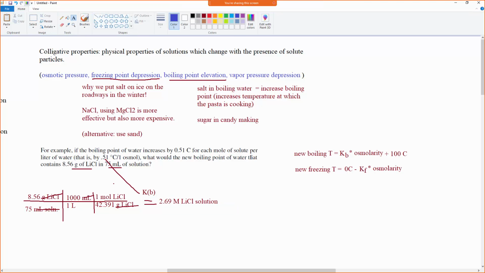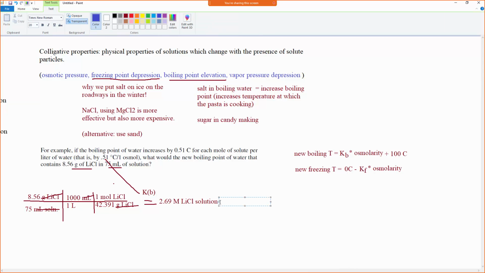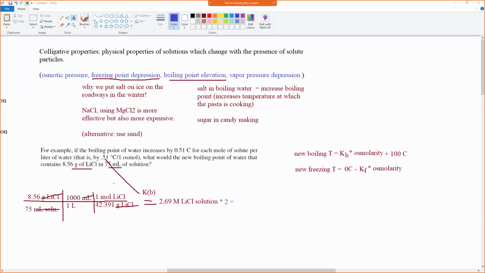I want to know the new boiling point. I'm going to use this equation. If I look here, it gives me osmol. How do I get from molarity to osmol for this thing, LiCl? Multiply by the number of particles. Yes. How many are there going to be for lithium chloride? 2. 1 lithium ion, 1 chloride ion. Okay, so multiply that by 2, and that gets me